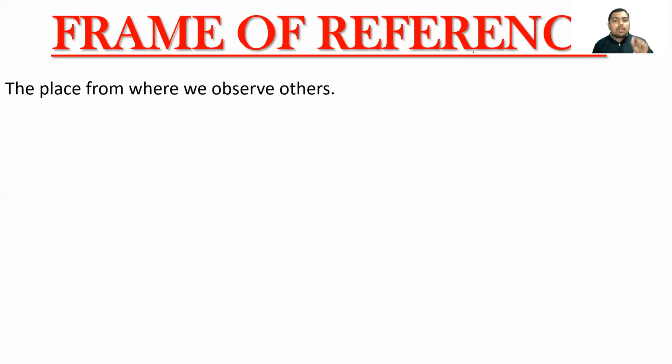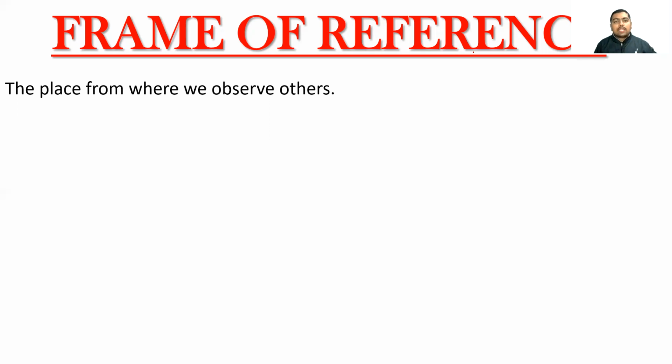The difference between motion and rest is also defined by the frame of reference. So when we talk about rest, what is rest? In the whole universe, there is nothing which is at rest. Everything is in motion. So why do we call something at rest? You think I am at rest and I think you are at rest because we both have the same frame of reference. You are on earth and I am also on earth. So both have the same frame of reference and we think we are both at rest.